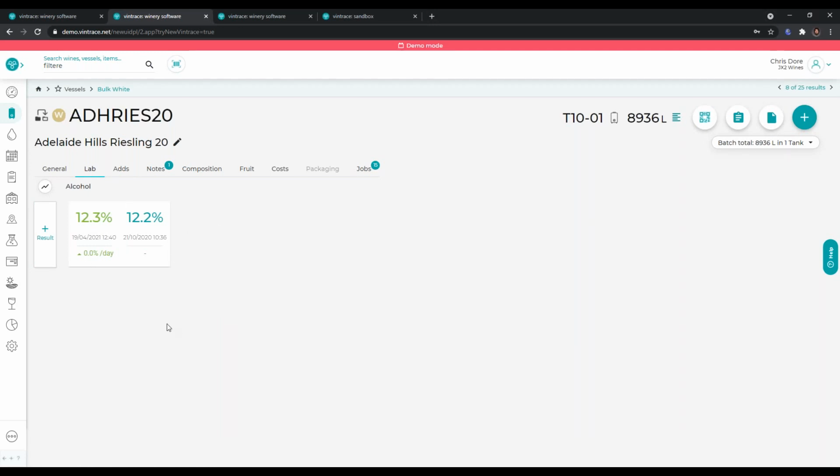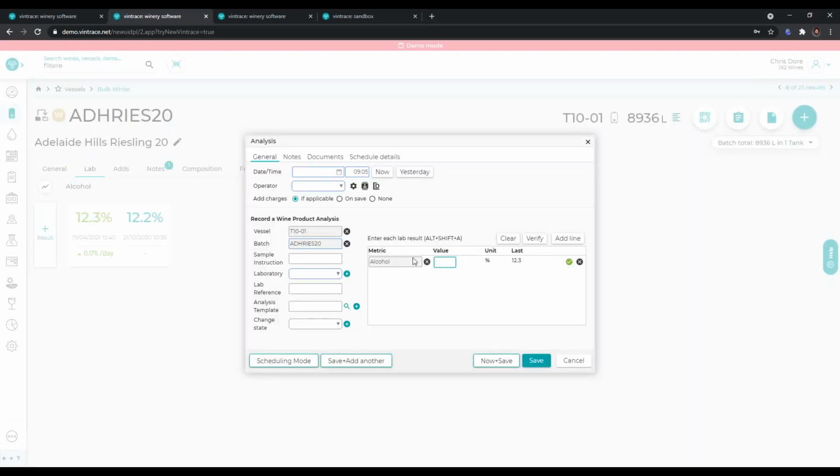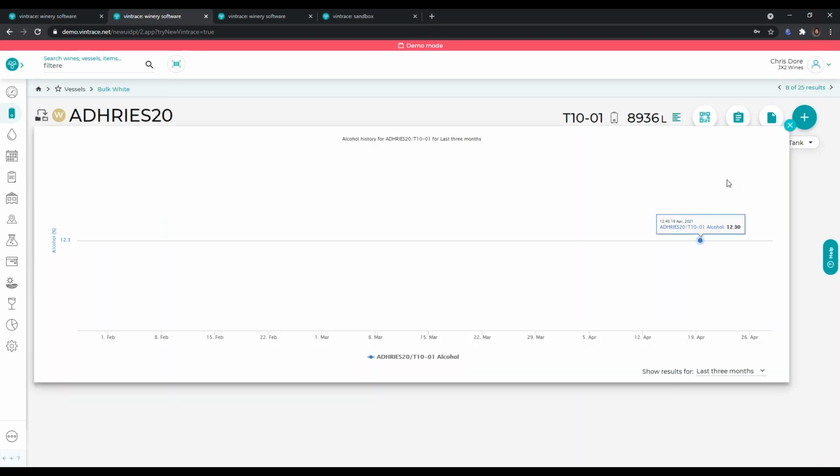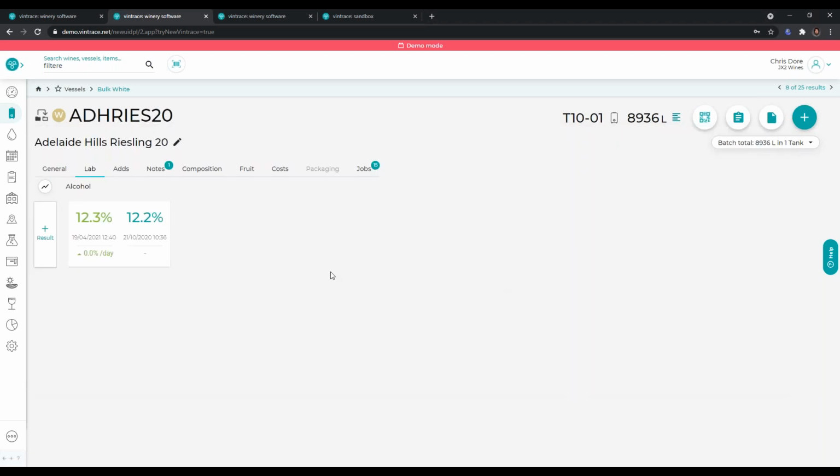So yeah, in this tab, it'll just show you the results. You can click the plus and add in another result. It'll take you to the normal analysis screen to put in those figures, and we do have a little chart option as well. So if you click the little trend line there, it will give you a chart and whatever results have been put on that batch. So you can use this at harvest time and have a look at your sugar levels and see how they're actually trending, or any other sort of metric that you like. You can always still go into the reports console, and we do have our standard analysis charts where you can put in multiple things